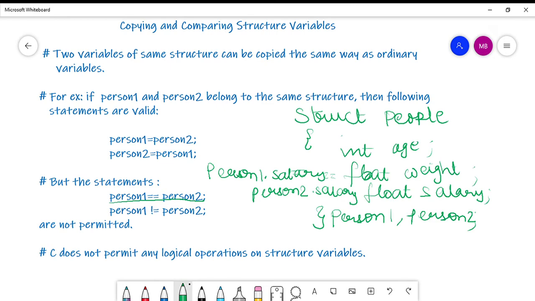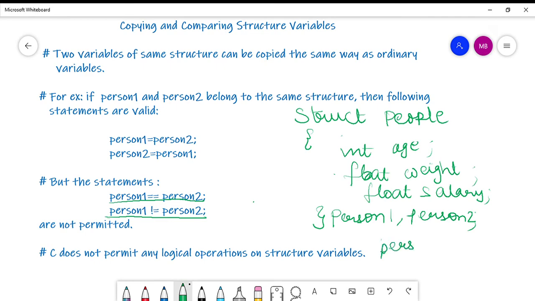Another example, if I want to ensure that the weight of person 1 and weight of person 2 are not equal, I will not directly write person 1 not equals to person 2. How will I write it? I will write person 1 dot weight not equals to person 2 dot weight.